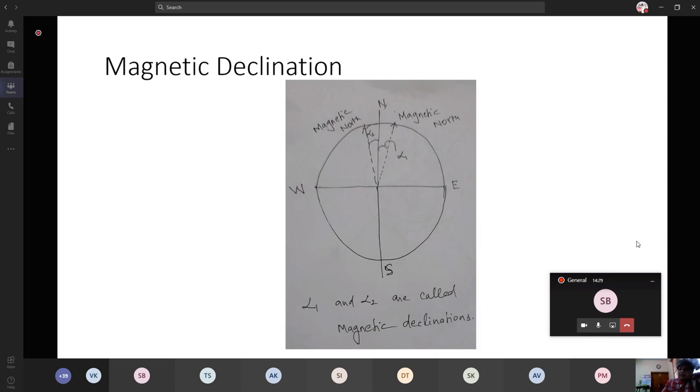So this is what is called magnetic declination. Magnetic declination is the difference between your magnetic north and the true north. The direction shown by a magnetic needle is what is called the magnetic north. It has a seasonal variation. It is not a constant. It has a diurnal variation also, or a fortnightly variation also, depending upon the condition. And the difference between the true north and the magnetic north, we call magnetic declination.